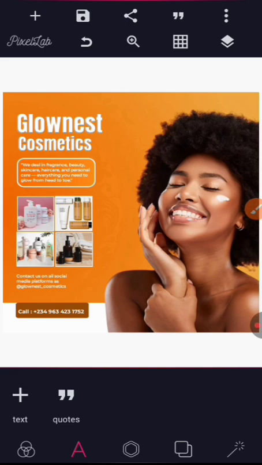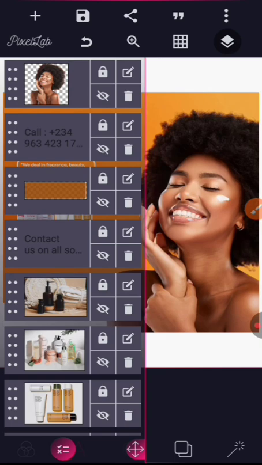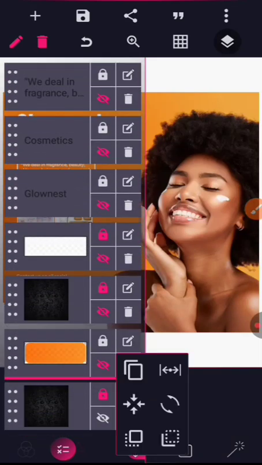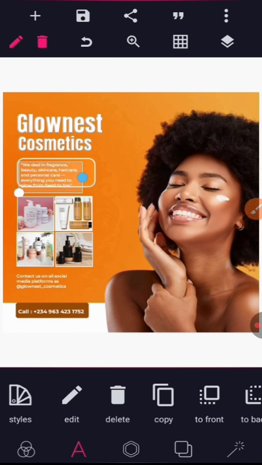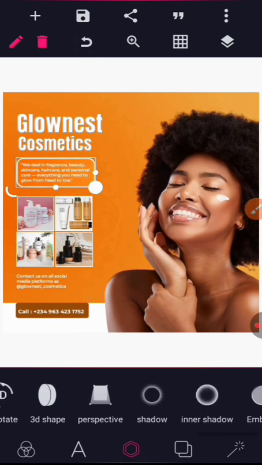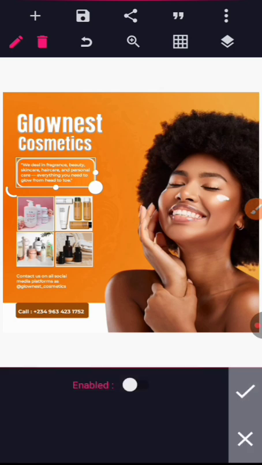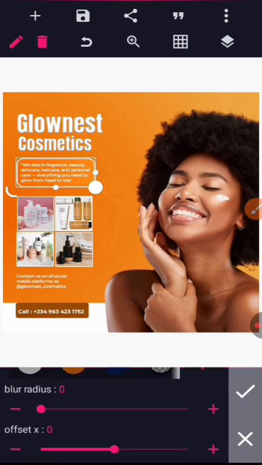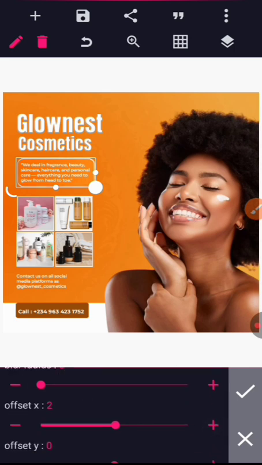Glowness Cosmetics. We're done. No, we're not done. Next thing to do is to add the same thing for the text of this block. Yeah, same thing we did. Do it for the block. Now, we want to add inner shadow and a shadow to that text block. Same thing. The color of the text block is a bright color. I'm going to add a dark shade, make the blur 0, offset y 2